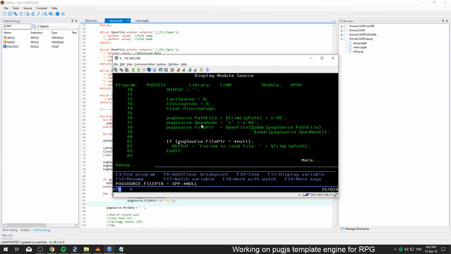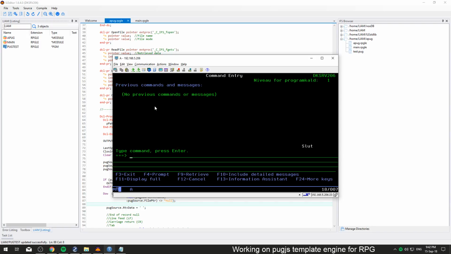Still null, okay. I am under the assumption that it's definitely something to do with create pug. And with that being said, I'm going to test that. So